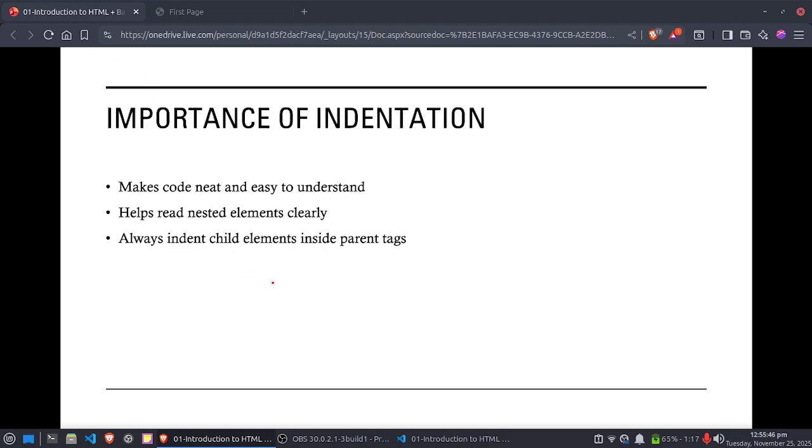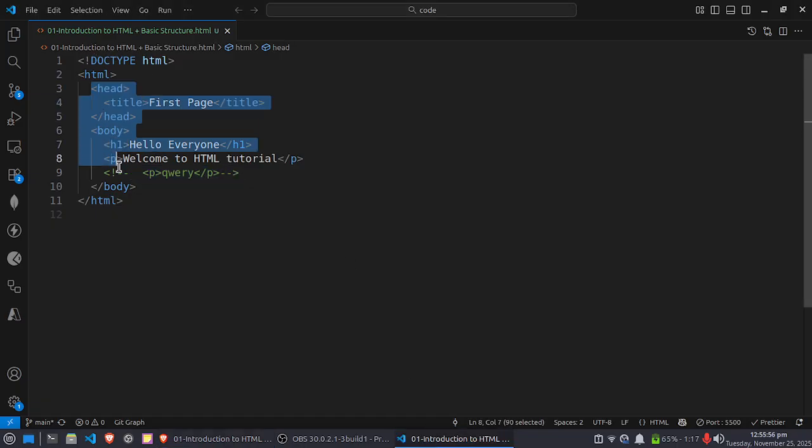Now, the importance of indentation. Indentation is very important. It keeps the code clean and easy to read. Whenever tags are inside another tag, always indent properly. Here VS Code has done it automatically. If you use Notepad or something, then you have to do it manually, but every time you use